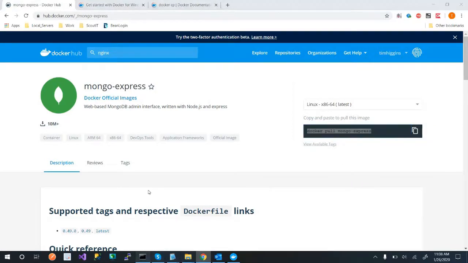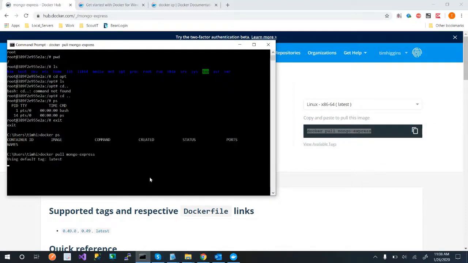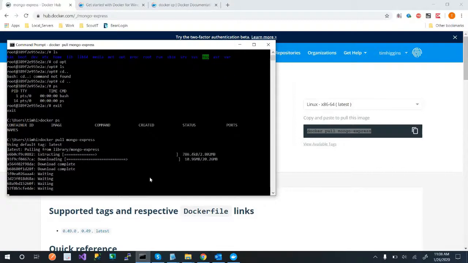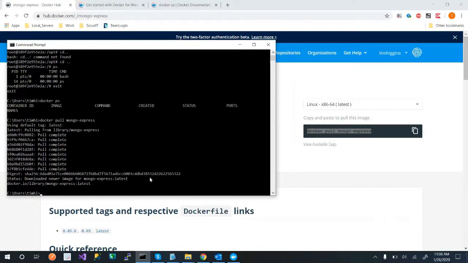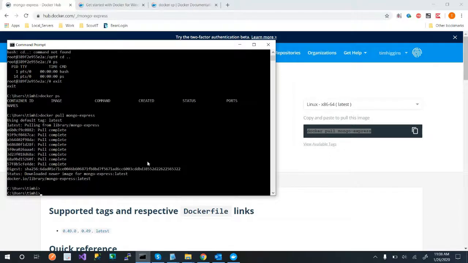Copy and paste, and there we go. Now I'm downloading the latest image. Now to run it, as you saw earlier, I just type in run and type in the ID, and now there are some flags you want to know. There's the idea of running it in the container. There's the idea of running it outside of the container, running it in the back end. I think I mentioned that. Like SQL Server, I can have it running in the back end, and then I can just access it through the port 1433.